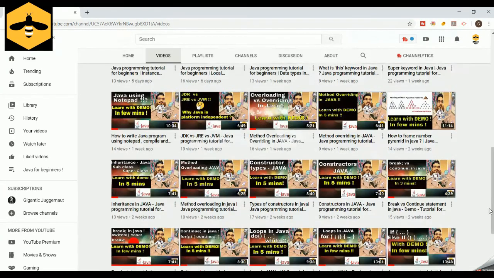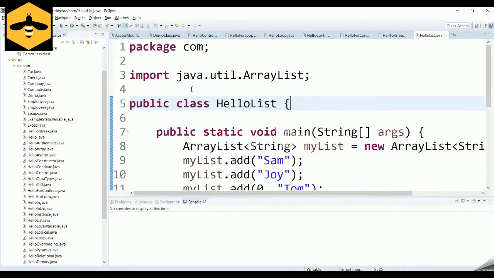Today in this video, we are going to talk about a special kind of data types that are available in Java called reference data types. And a string is one of the most important reference data types available in Java, one of the most commonly used and one of the most powerful. There are two ways by which you can create a string in Java.